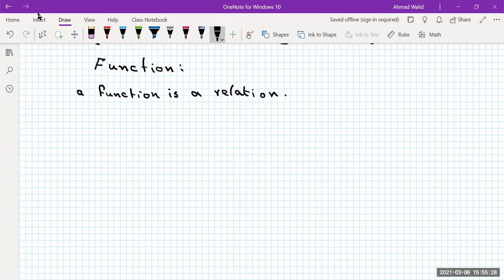Now, let's specify this definition a little bit. All relations cannot represent a function. There is a special type of relation that represents a function. Let's put more details in our definition. Which kind of relations do we call a function? A function is a relation, correct? Such that